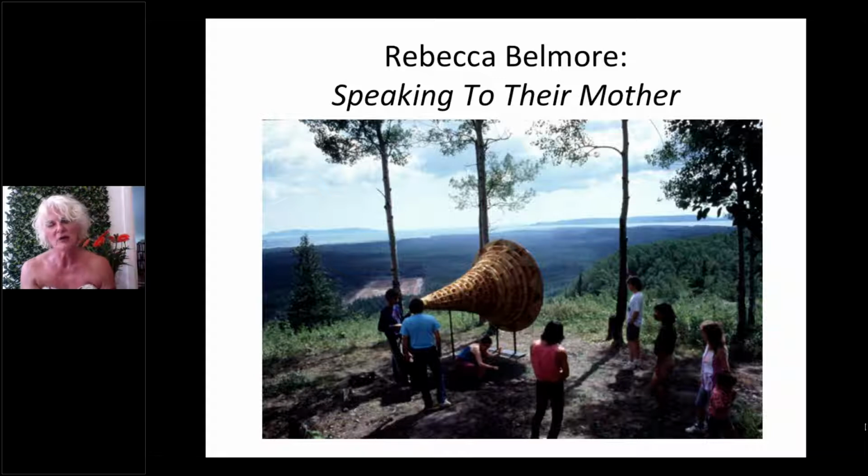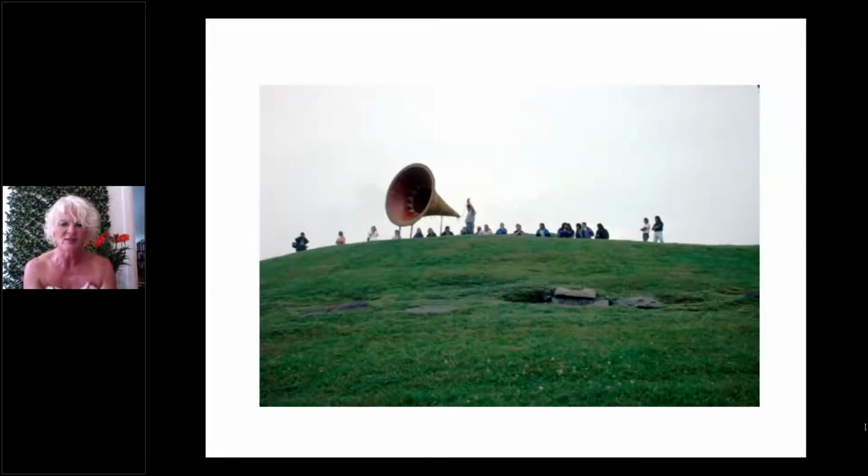This is Rebecca Belmore, a contemporary installation artist, and this is her work called Speaking to Their Mother, which is this huge horn, as you can see, which allows people to talk back to the environment. I like this image because you have a chance to see how big it is, and people have a chance to say back to the wilderness what they want to.